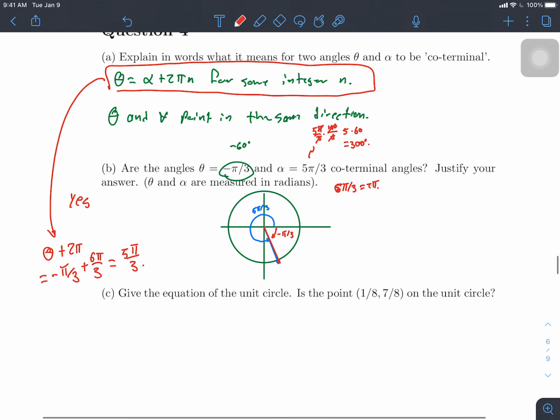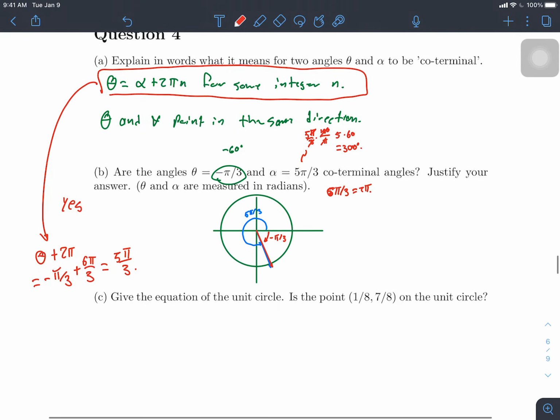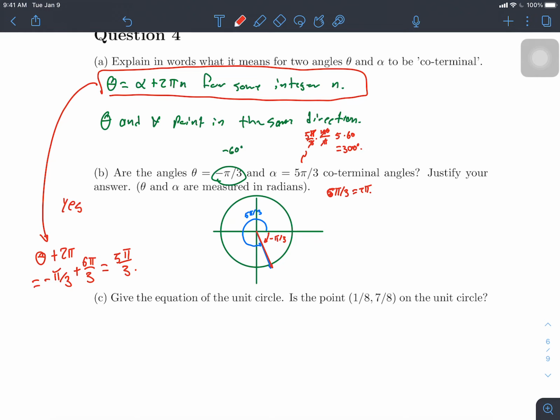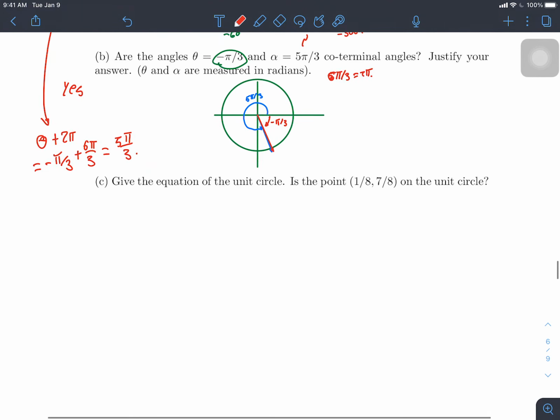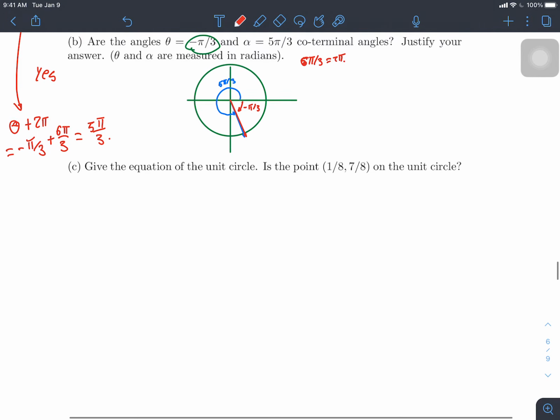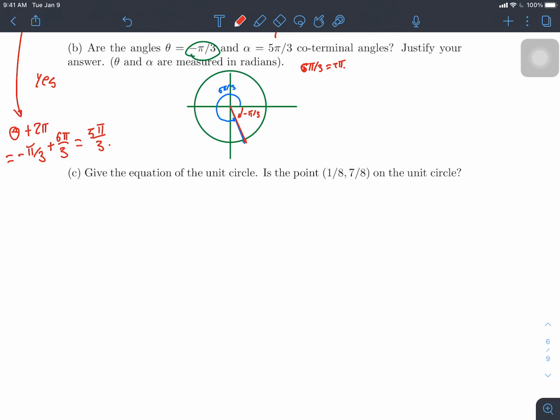So that's about that question. Pretty standard stuff, checking whether angles are coterminal or not. All right, and the last part, we're supposed to give the equation of the unit circle. So this is something that I put on the exam because there's a lot of students who seem to not really remember